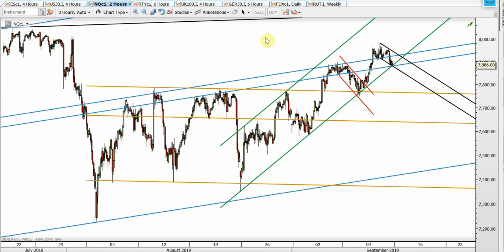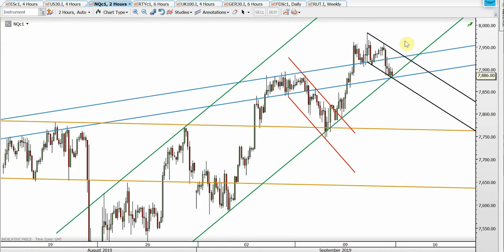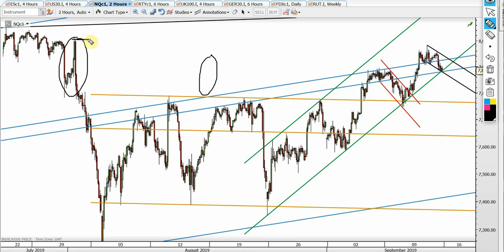What I mean when I say ripe is that it's really ready to break. It can be to either side, but for now I think because it's very close to the bottom band, and it's actually touching the bottom band together with the black bottom band support, we will probably see another bounce to break the black bull flag and get to this level. So the top here, the Trump tweet level,